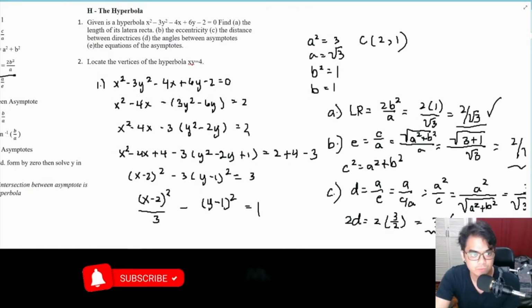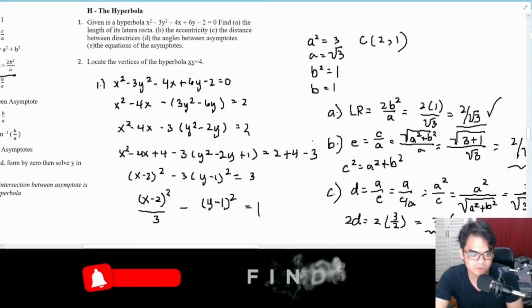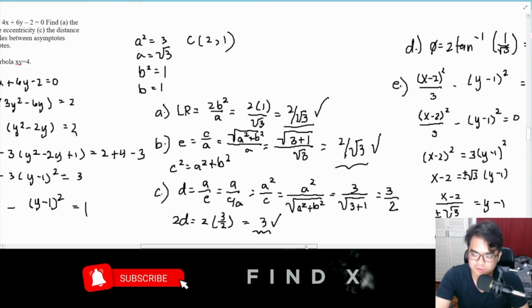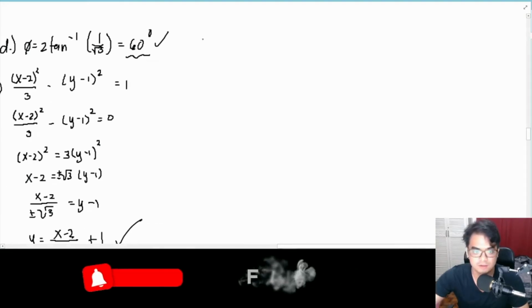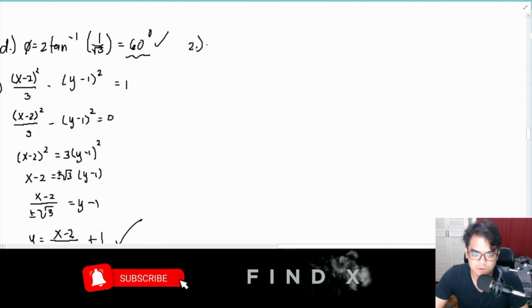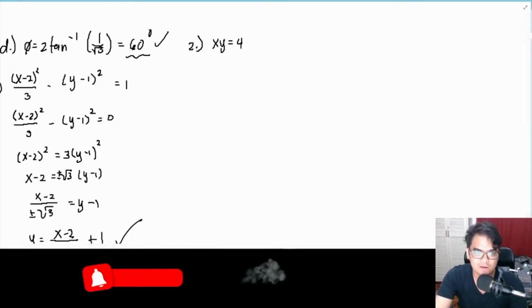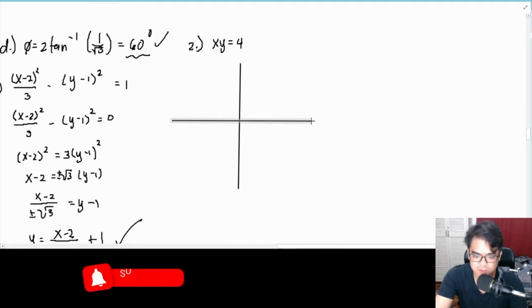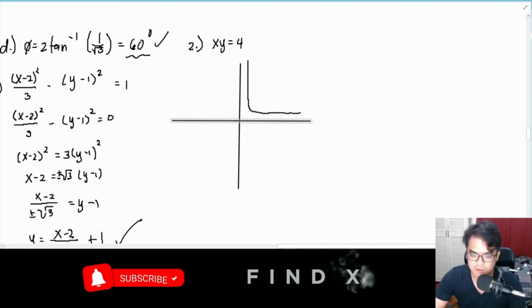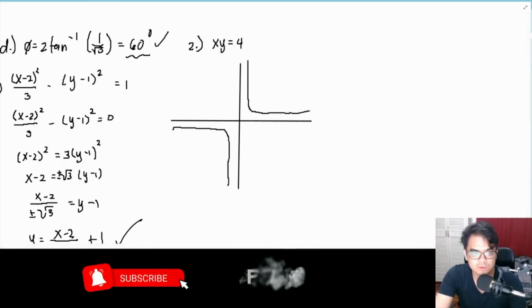Okay, so for number 2, we have locate the vertices of the hyperbola xy equal to 4. So that is actually a special case for hyperbola. That is actually a rectangular hyperbola. So if I will graph that, this is what it actually looks like. So this is the Cartesian plane, and the hyperbola will look something like this. So what will actually happen here is,